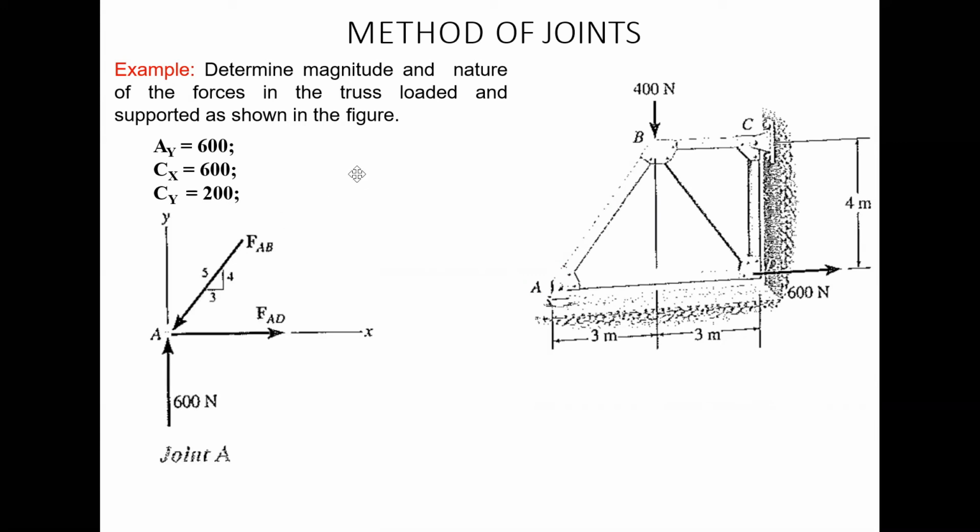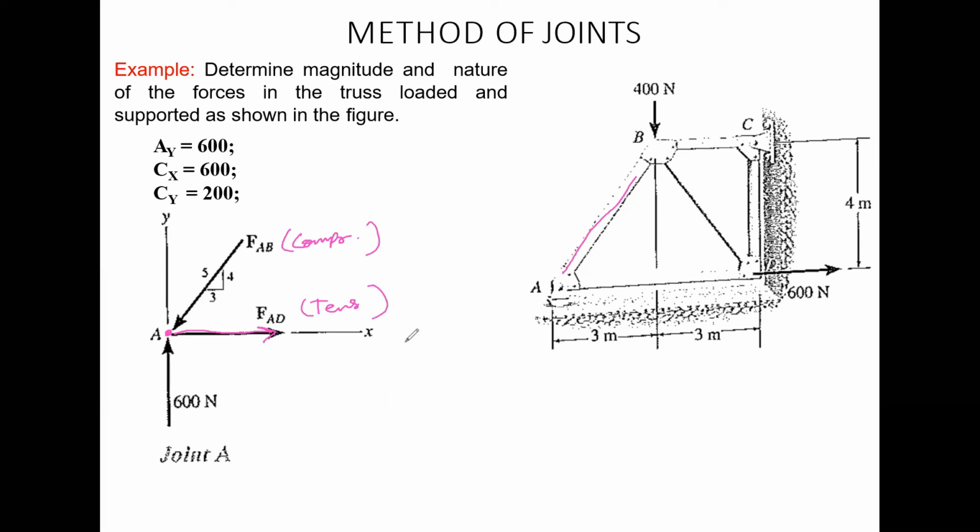So first of all, let's draw the FBD of point A. So in this case we are considering the internal force AD acting horizontally rightward, and we are taking that the force in this link FAB is acting towards the point A. That means FAB we are considering as compressive, and FAD we are taking as tensile. Okay, and already we have calculated the value of Ay, and the value of Ay is 600 Newton, and the previous slide we had taken this direction of Ay as vertically upwards, so we are applying vertically upward force Ay at this point A.